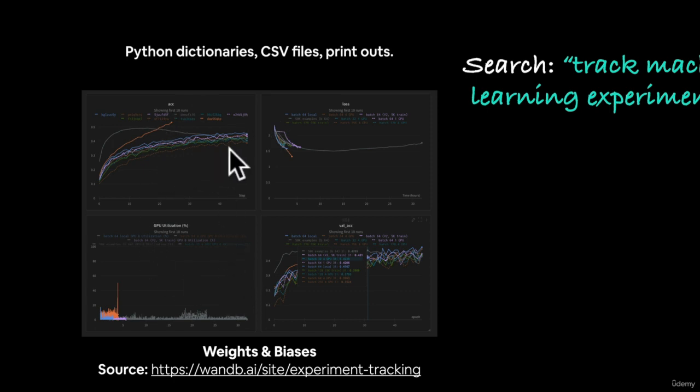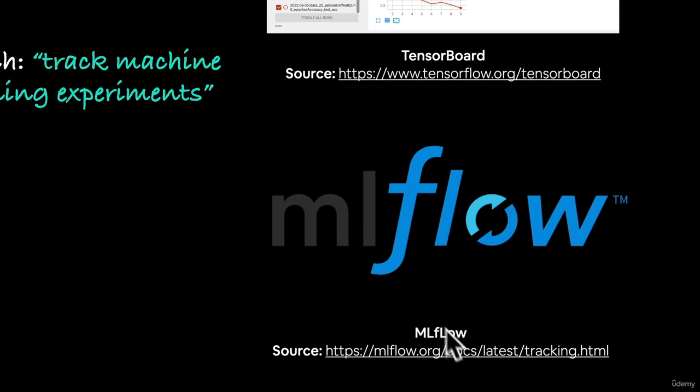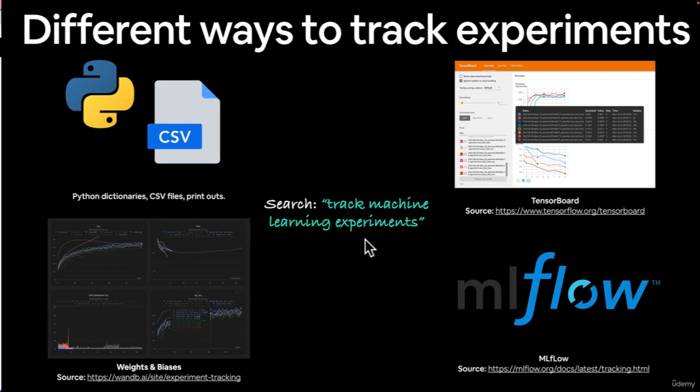It's a beautiful user interface to track all of your different modeling experiments. For example, look at the accuracy measure there, the loss curves there, validation accuracy, how much GPU is being used. And then there's also libraries such as MLflow, which is an open source library for the entire machine learning workflow, essentially. And then, of course, because experiment tracking is such a large problem in machine learning, if you just searched track machine learning experiments,